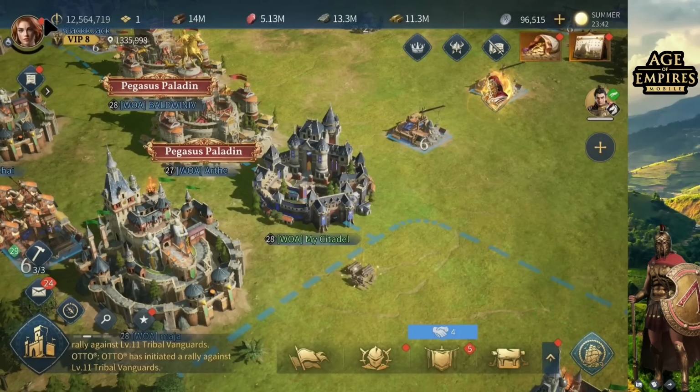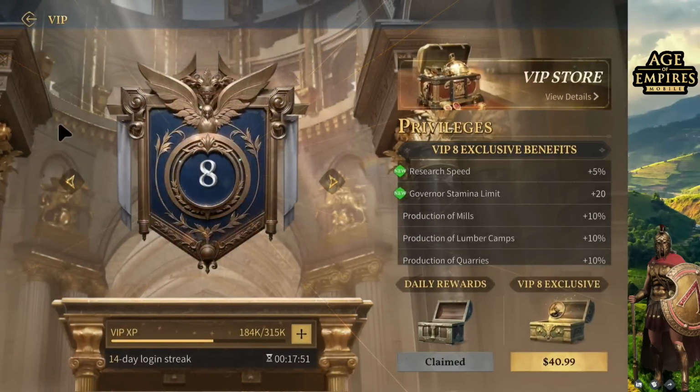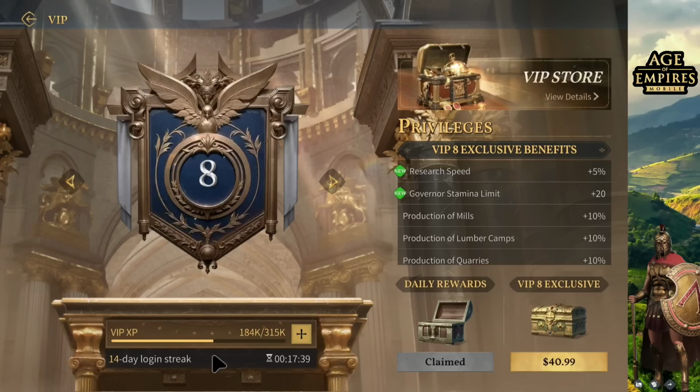You can access it by clicking the VIP icon right next to your profile. Now, it is recommended that you go to VIP level 8 because I think it's the best place to chill. You can get research speed of plus 5%, governance stamina limit of plus 20%. The required points for VIP 8 I think is